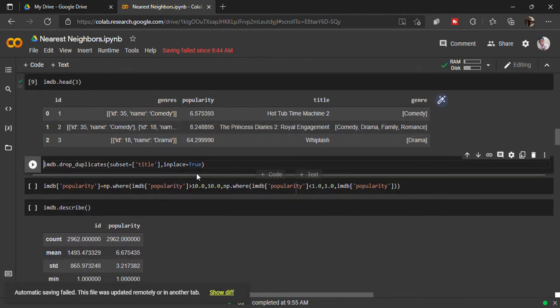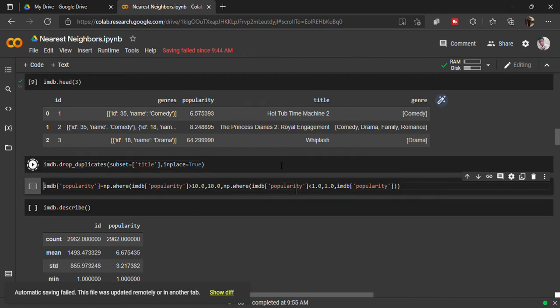So let's just drop some duplicates. If there is any title that is duplicated in the dataset, that is not going to help us in any way, so let's just drop that. Popularity is equal to, so we have noticed that the rating is always between 1 to 10, right?